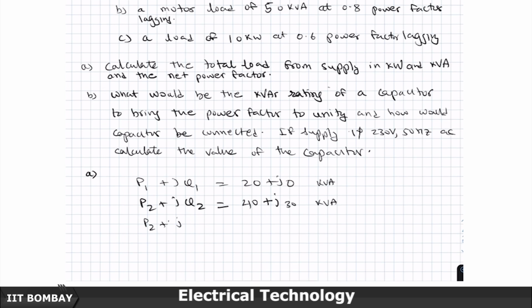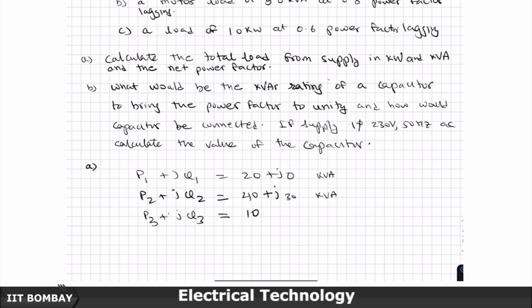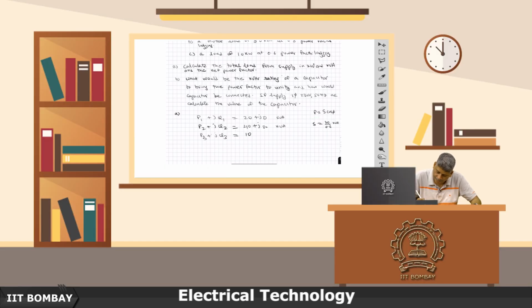Now, this is a slightly different calculation here. P3 is given to you as 10 kilowatts directly. So, you do not have to do anything for that. S has to be calculated. It is 10 divided by 0.6 kVA. Why? Because P is equal to S cos phi. Cos phi is given as 0.6, P is given as 10. So, S becomes 10 divided by 0.6, and so Q, which is equal to